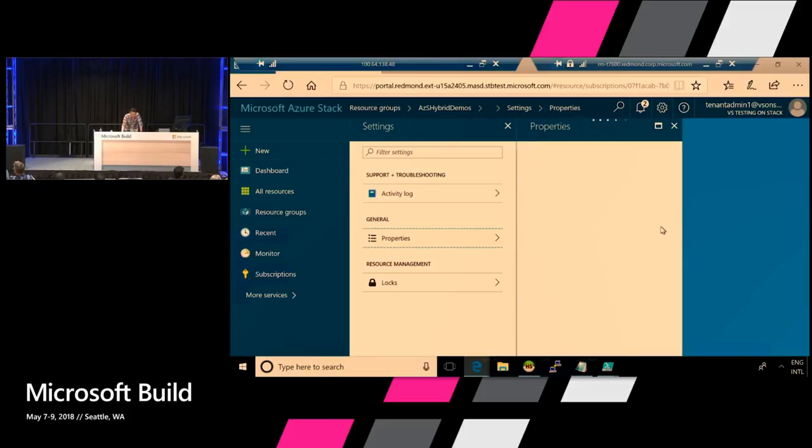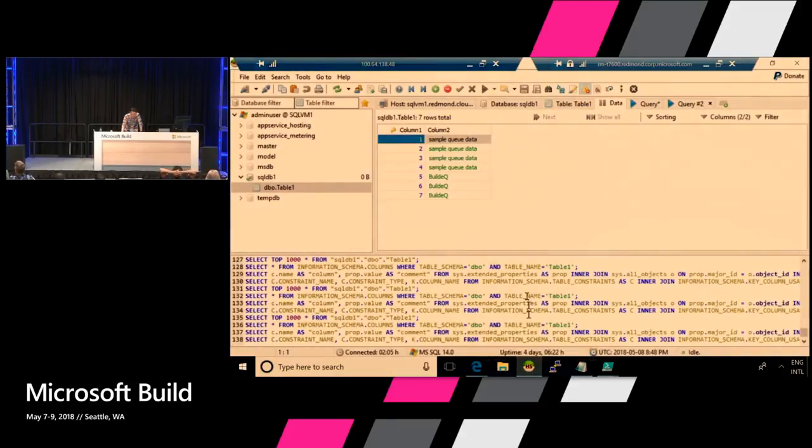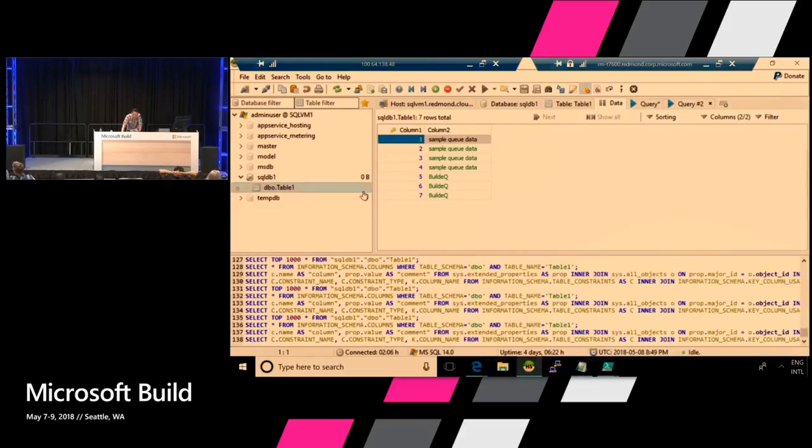So I have an existing SQL database, which, just to highlight, this is what it looks like. Here I have a simple open source tool that brings data from different databases. So what you are seeing is a connection to a SQL instance, and just to show you that I have some data there, I have a table with a couple of columns.